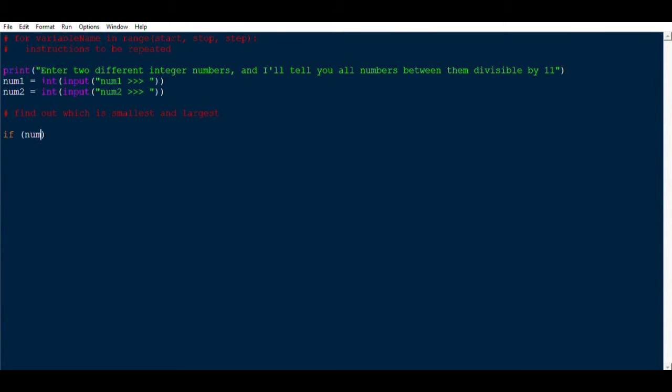So let's look at an if statement. If num1 is more than num2, colon, and remember to indent the sequence of instructions that you want to carry out. So if it happens to be that num1 is larger, I'm just going to have another variable called largest, or larger. That will do. Larger equals num1. Else